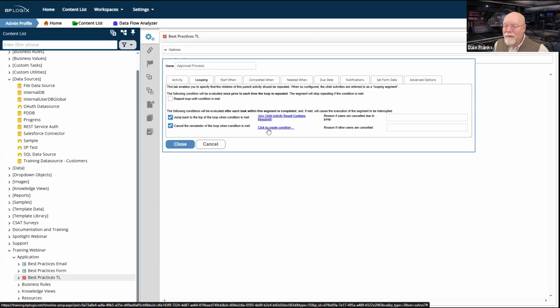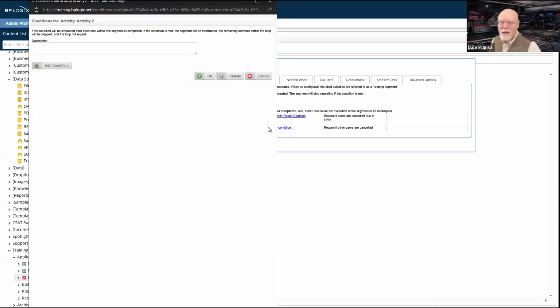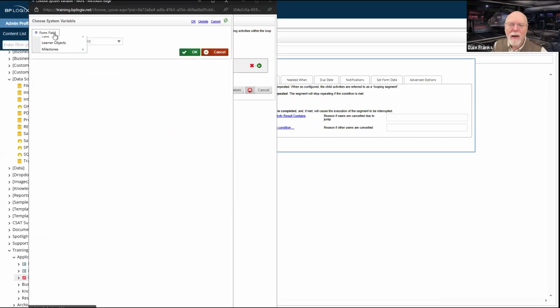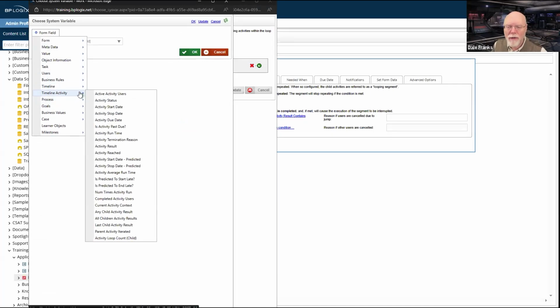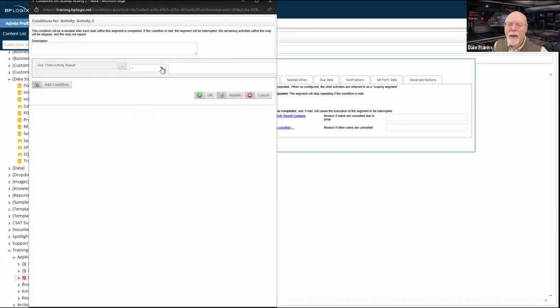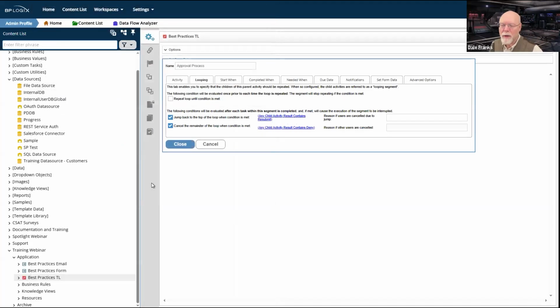And also, what if I don't want to allow this request to continue? What if I want to deny the request? I don't want to have it go through the remainder of the loop. I just want to get out of the approvals completely. So I can also check for any child activity result under timeline activity. And we'll use contains here rather than equals because I like the looser syntax, but we'll look for deny. So anytime we're going to deny, I just want to skip the loop completely.